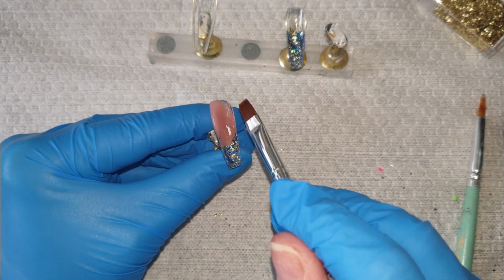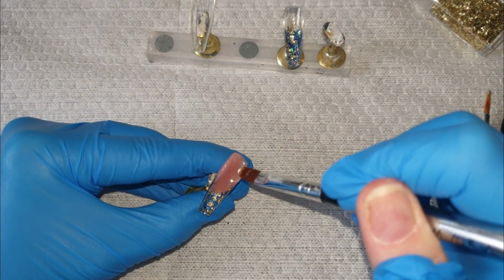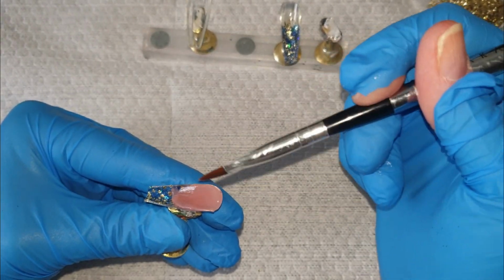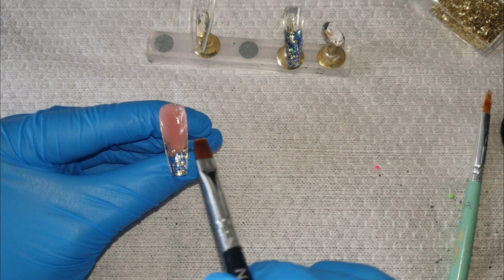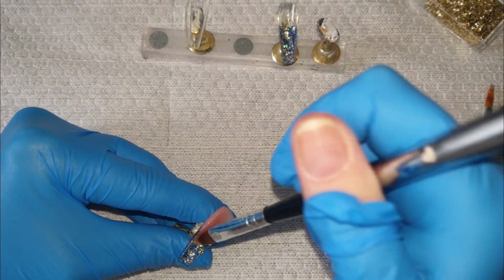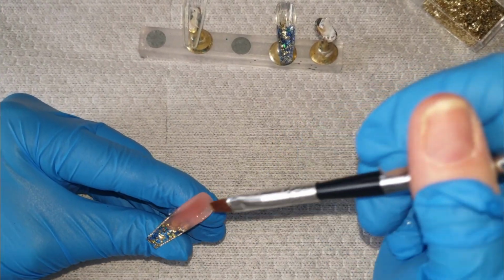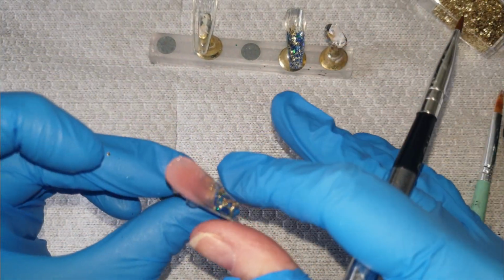Make sure you make it nice and thin up at that cuticle area and thin around those side walls. Just make sure you get those side walls in. And then all you need to do is just drag the rest of it down. Like I say, I did use too much on this one. And then when I did the pinky,